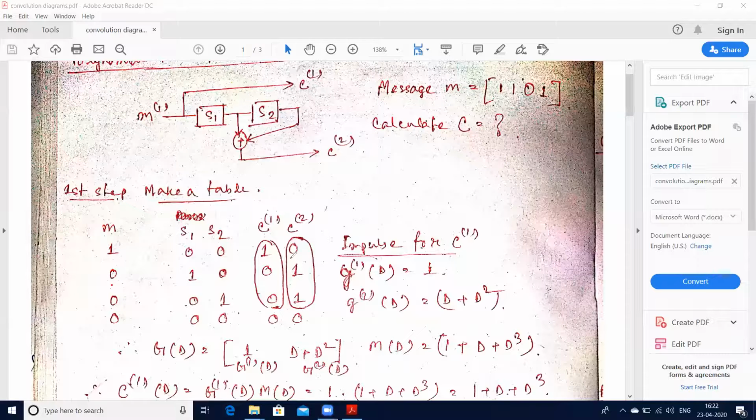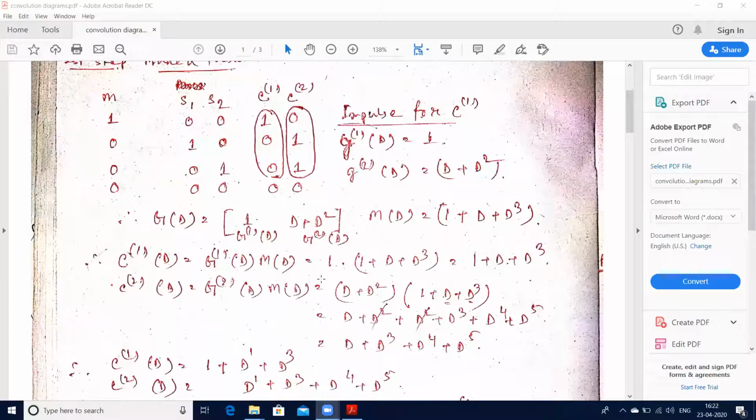You can see that the first coefficient is 0, so the coefficient of d to the power 0 will be 0. So we will get only d and d square, because this is only 1 and 1. So G2(D) is d plus d square. So this is my impulse response corresponding to C1 and C2. Right. Now what we have to do is write the ultimate G(D), this G1(D) and G2(D)